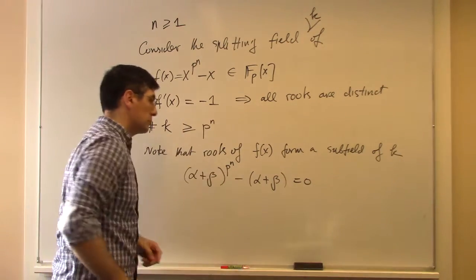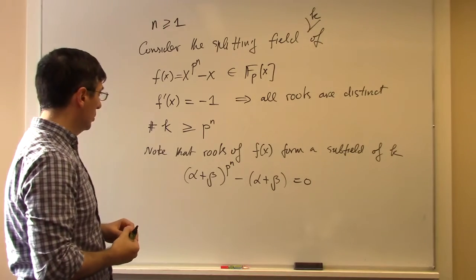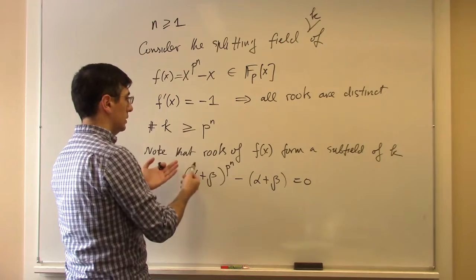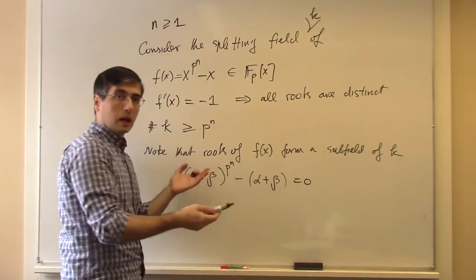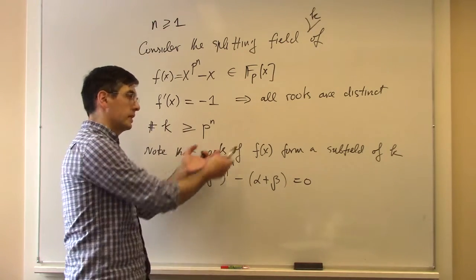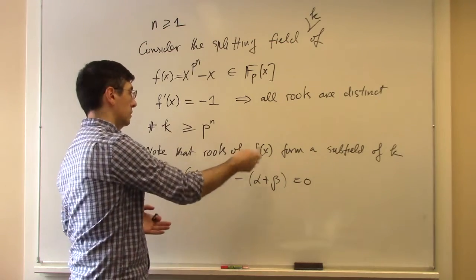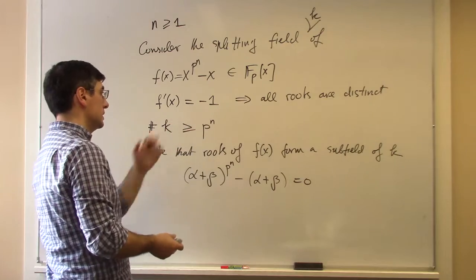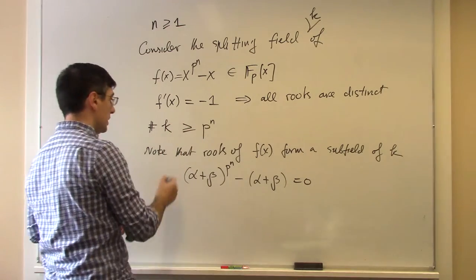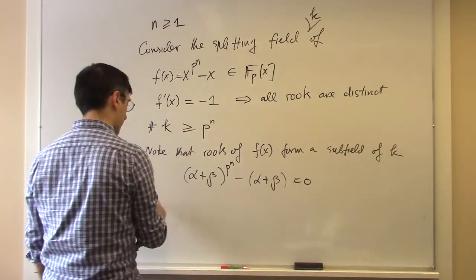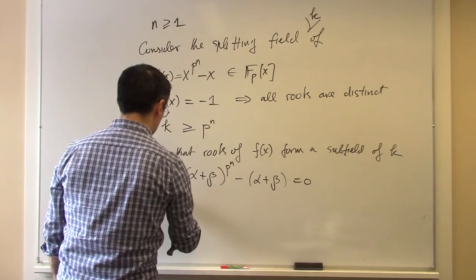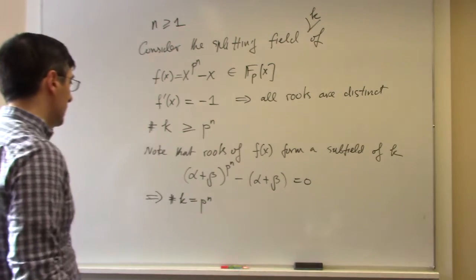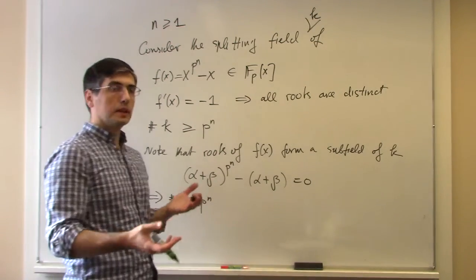Right. So this small detail I'm leaving to you. This means that the roots form a subfield, and that subfield already contains all the roots. So the conclusion is that the splitting field has exact order p^n. This implies that the order of K is p^n. Alright, and then since the splitting field is unique,